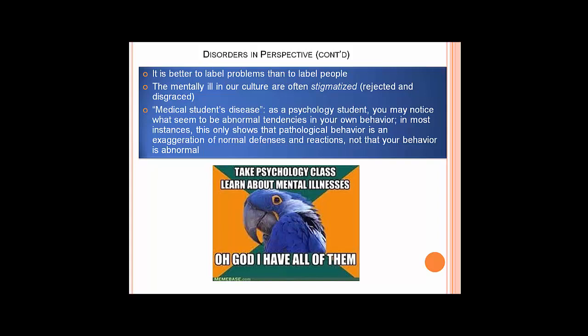Let's remember these things, and this is important relative to disorders. We need to label problems and not people. 2 or 3 decades ago, we stopped. For example, you don't call somebody with schizophrenia schizophrenic, because that is associating a disorder with that individual. That is a patient with schizophrenia. Or we don't call somebody with depression a depressive. It's somebody who's depressed.